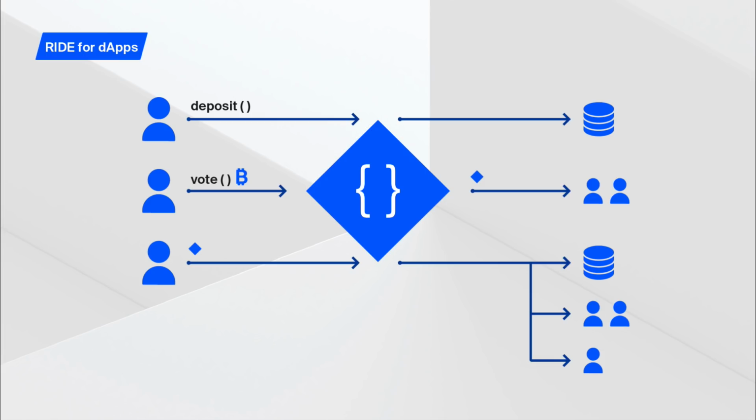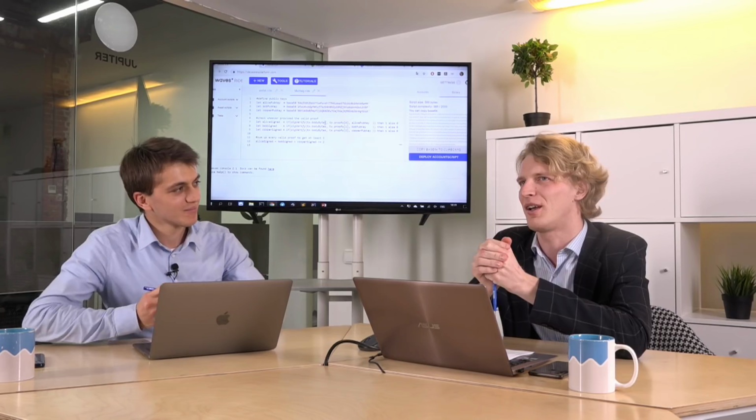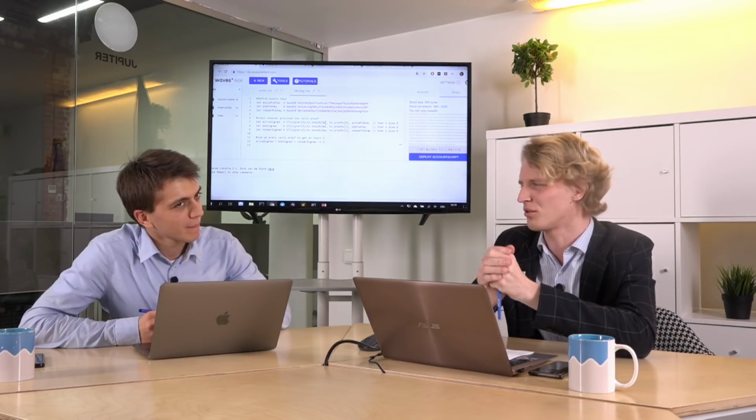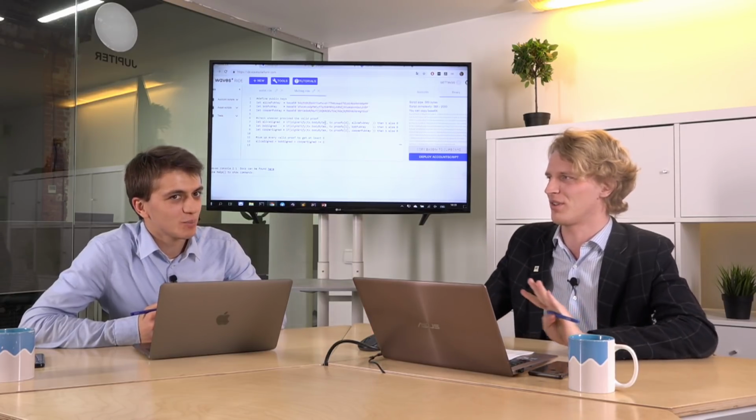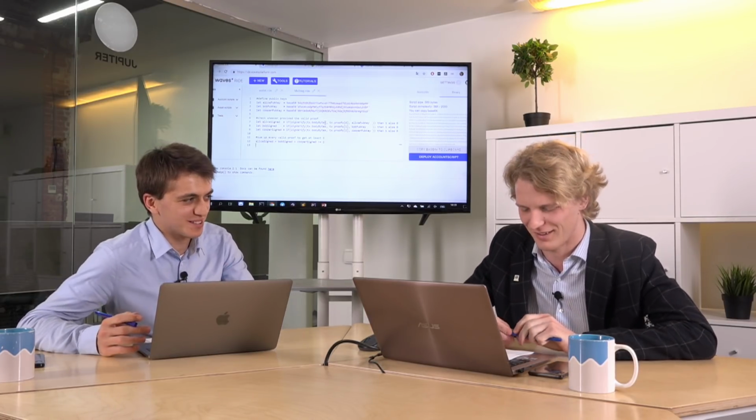Oh, I see. So we tried to handle all the pitfalls of the first implementation of Ride, right? Well, again, you try to solve 80% of problems. You don't need to solve 100% of problems. I think nobody can solve all problems with smart contracts in blockchain yet. Maybe the scope of blockchain is very narrow.